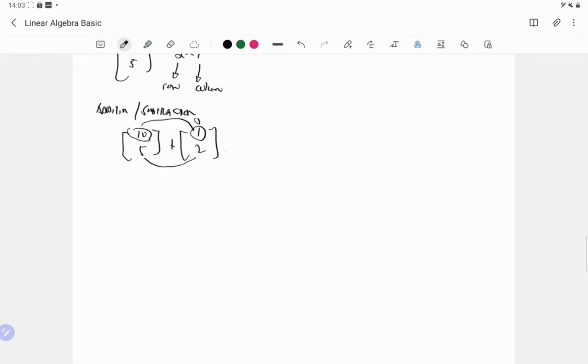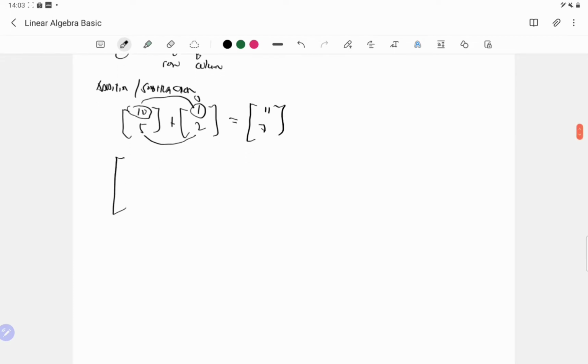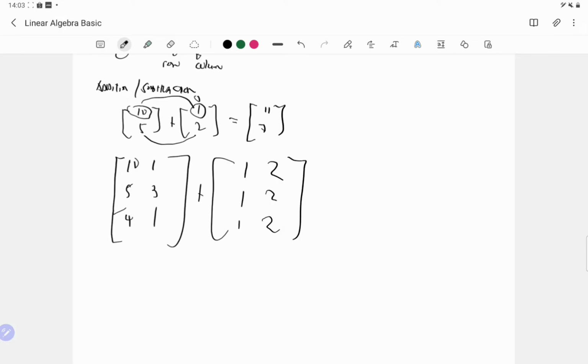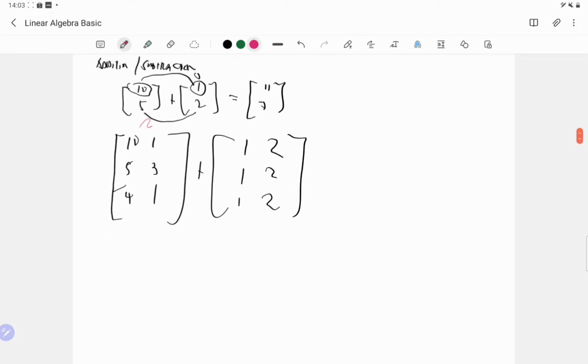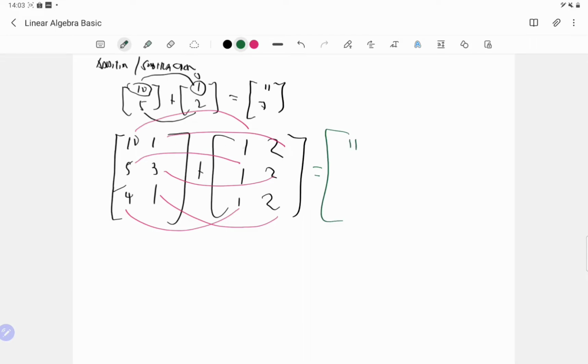So the result is 11 and 7. Let's do another example with two columns: 10 2 5 3 4 1 plus 1 1 1 2 2 2. As you can see, they are the same size, so element-wise, just add the same location. 10 plus 1 is 11, 1 plus 2 is 3, 5 plus 1 is 6, 3 plus 3 is 5,